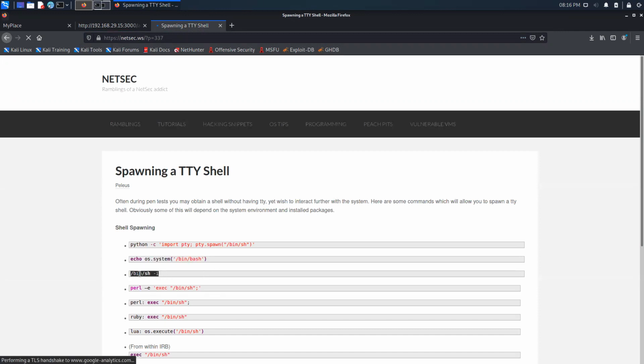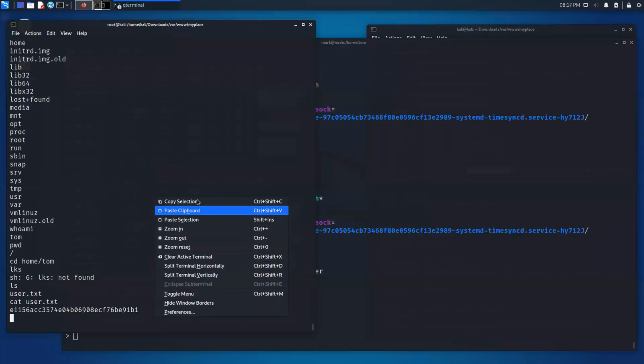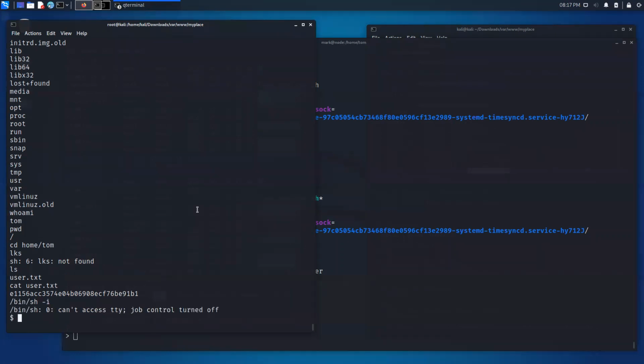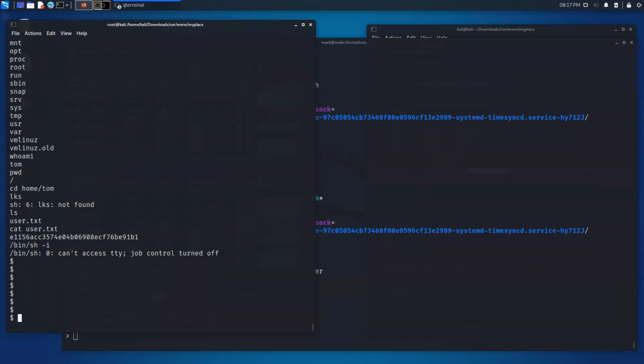Okay. So let's get the proper shell here. See, we have the dollar here now. Okay. So what we can do is we can find out the kernel version of this machine, because